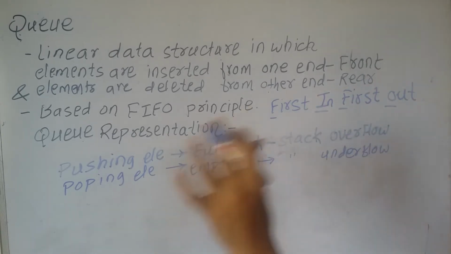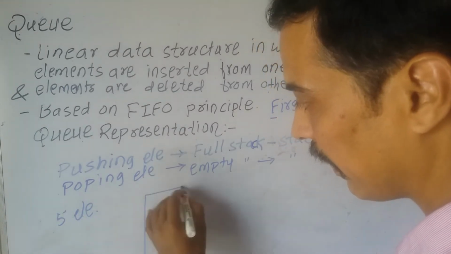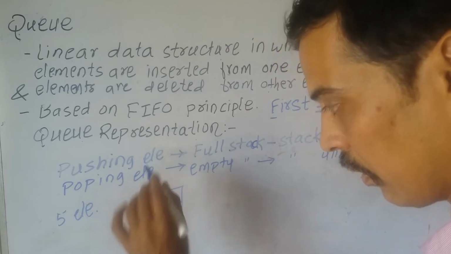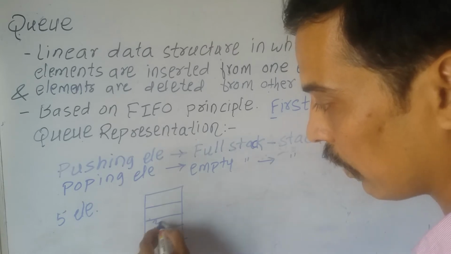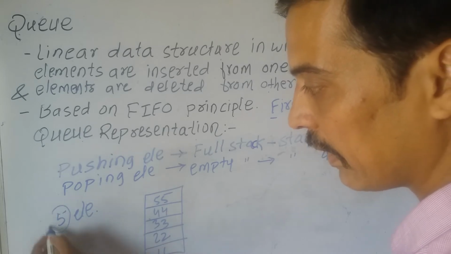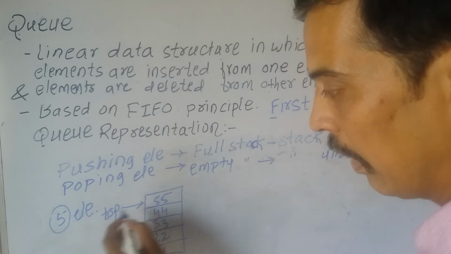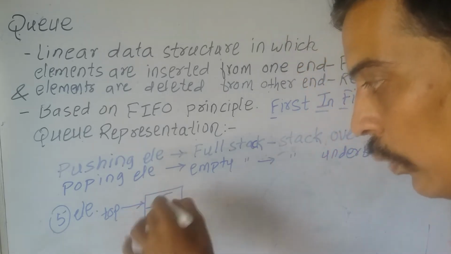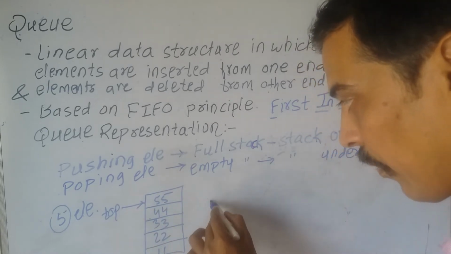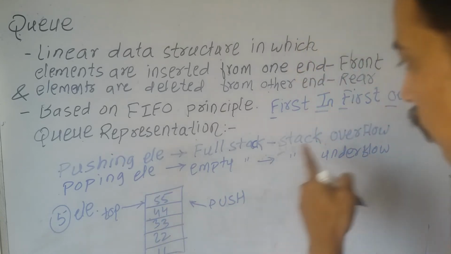For example, we created the stack for 5 elements only, and now I have already pushed 5 elements: 11, 22, 33, 44, 55. The capacity of the stack I created is 5. The recently added element, 55, is indicated by the top, and now there is no space to insert another element. So if I try to push the next element into the full stack, it is called a stack